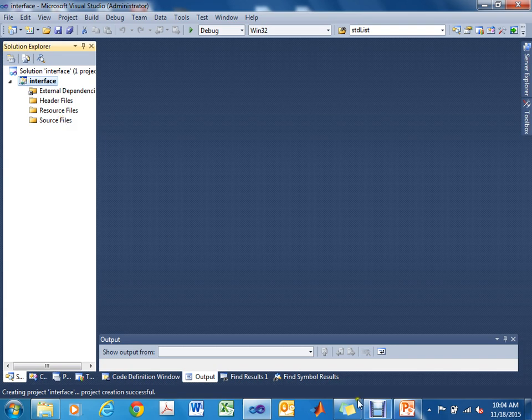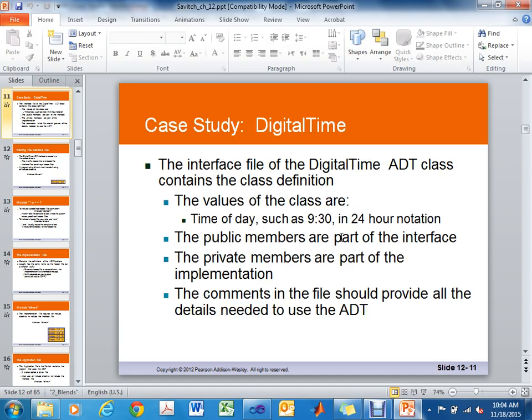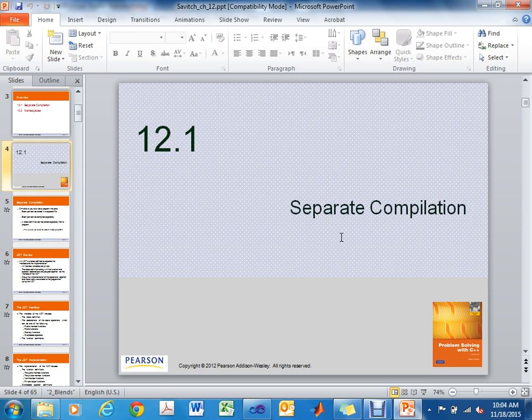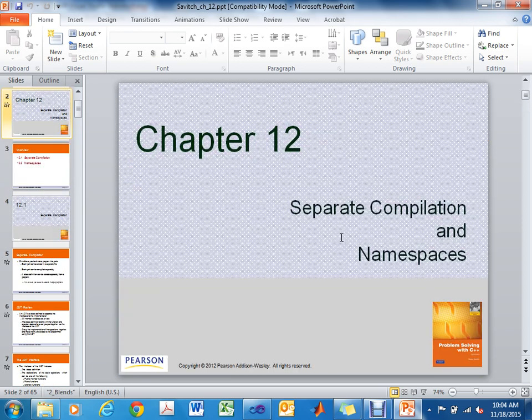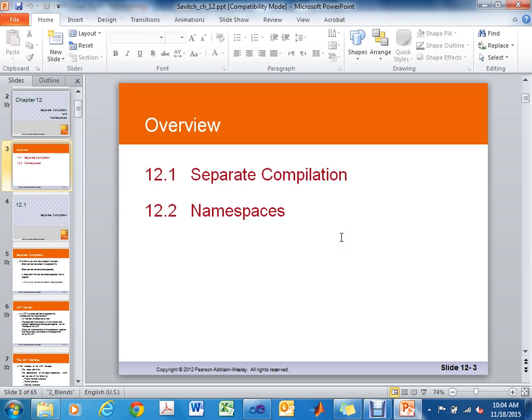Okay, so this is separate compilation. What we're talking about is separate compilation. This is chapter 12. Now, what we are going to do, when we implement the programs from now on, we're going to do that